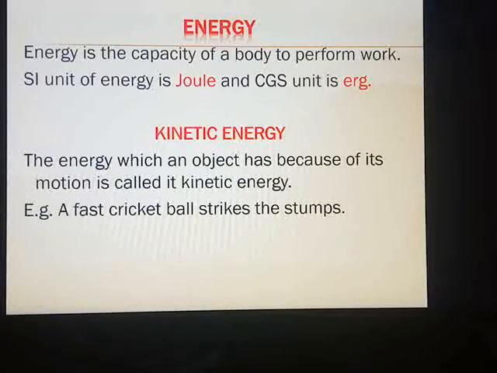The two types of mechanical energies which we are going to study in detail in this chapter are kinetic energy and potential energy. These are the two forms of mechanical energy. You know that energy exists in various forms in nature around you, in the form of mechanical energy, solar energy, heat energy, light, sound energy, electromagnetic, chemical energy, nuclear energy. So, n number of energies are there. In detail we are going to study the two forms of mechanical energy, that is kinetic and potential energy.